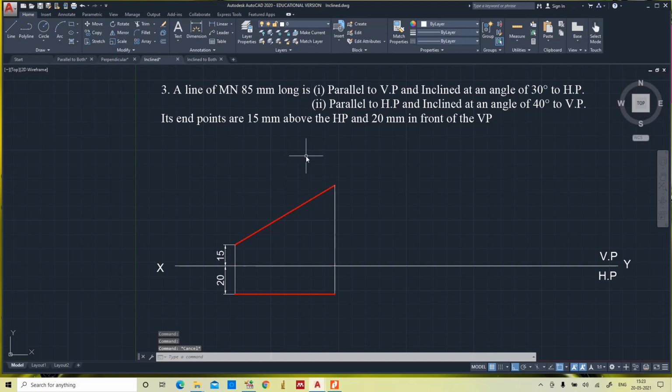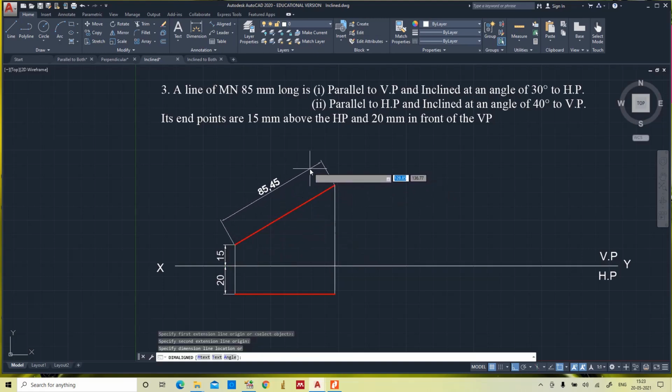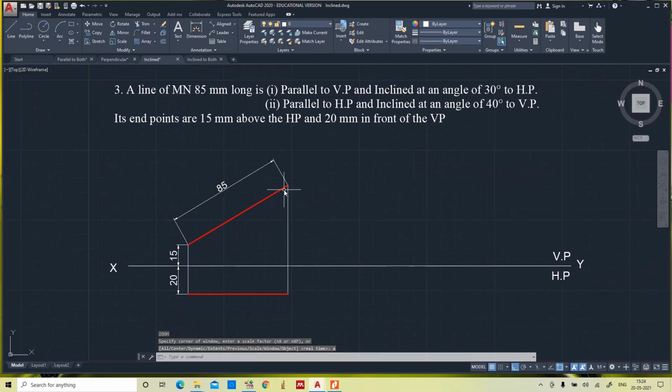Now we will measure the length. For inclined lines, go for the aligned system. The true length is 85 mm.